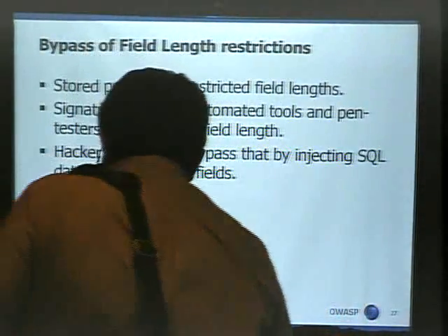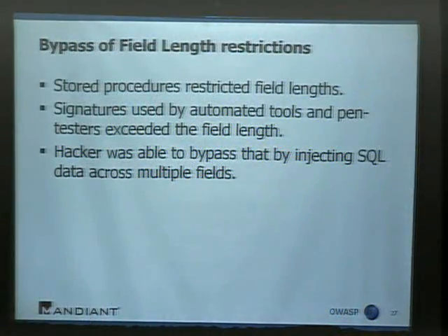Now, the reason we believe that their security program may have failed was because the signatures that most automated solutions, scanners, like the commercial ones, use typically have a length that's greater than 8 characters. And also, when it comes to manual pen testing, we typically use injection tags that we know to work. And given that they're implemented